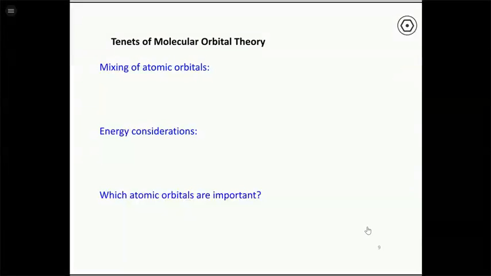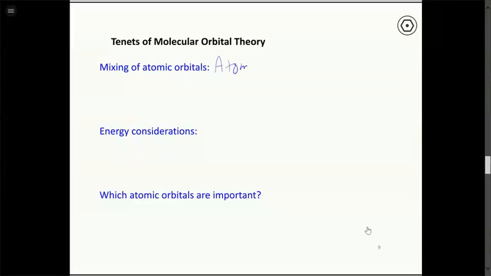All right, so the idea of molecular orbital theory is that we still have a mixing of atomic orbitals, but here what we're doing is taking atomic wave functions from two different atoms and mixing them together. And this is the key difference between molecular orbital theory and valence bond theory. So for molecular orbital theory, we're taking atomic wave functions, atomic orbitals, and remember that these wave functions are just mathematical functions, and we're going to combine those mathematical functions in different ways.